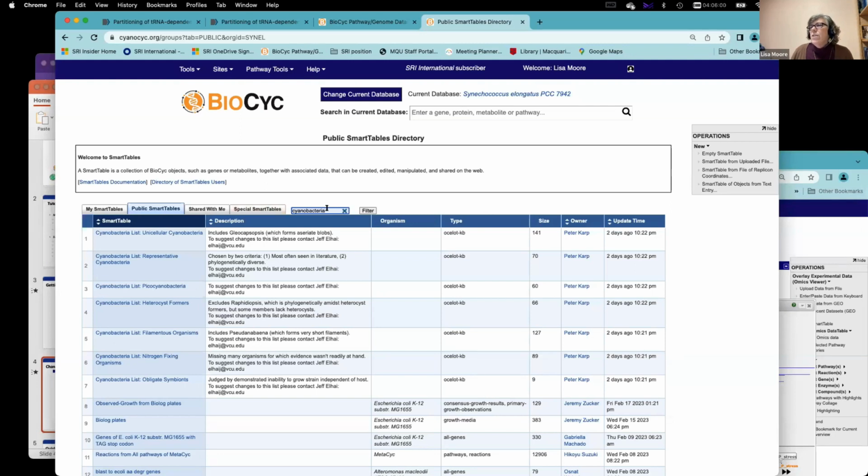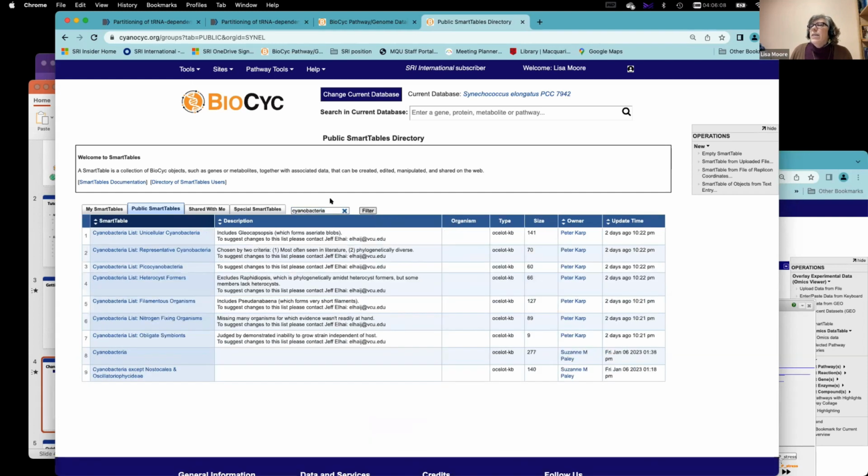So in this case, you type in the term that you want to keep, and filter out all the rest. And so not only are there those cyanobacterial lists, but also we have a list of all the cyanobacteria PGDBs within